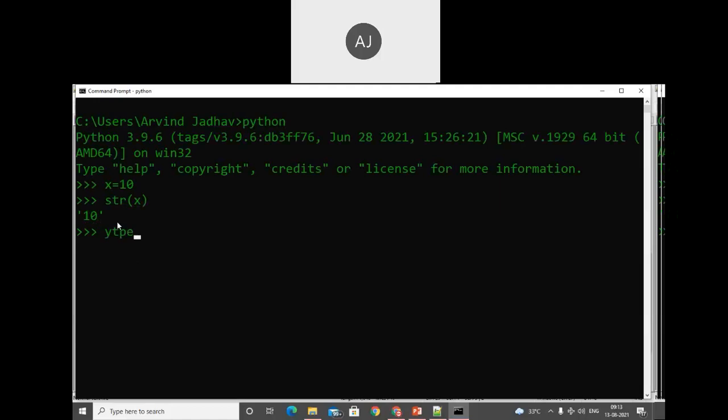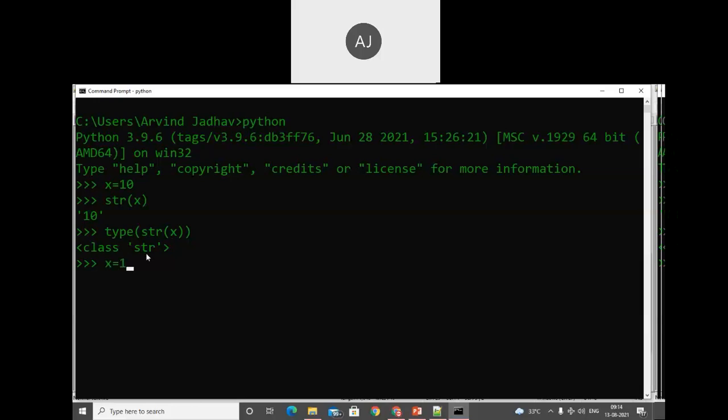When we check the type of str of x, we get the output as class str. That means we can easily convert the natural number or the decimal numbers into the string data type.